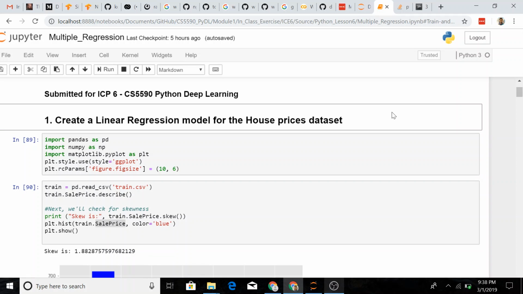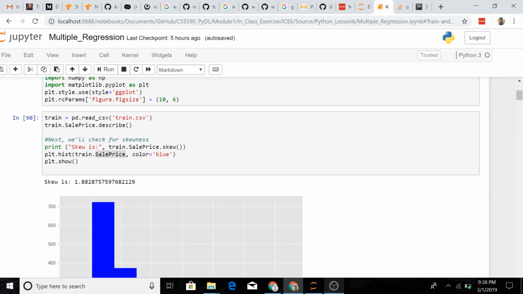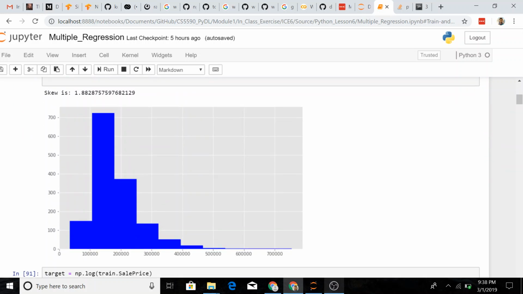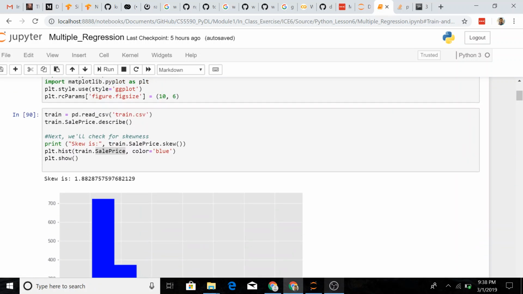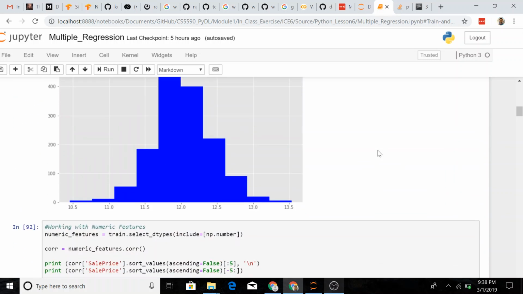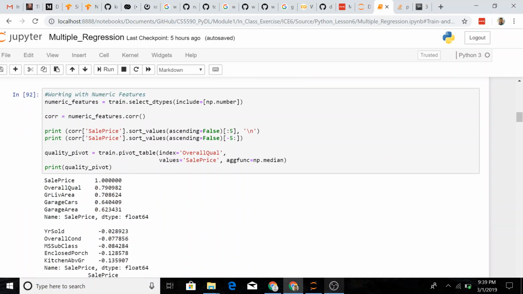The task is to create a simple linear regression model and also a multiple regression model out of it. The source code for the first task was provided by the TAs and it is based on a simple linear regression model of housing prices. So the target value is the sales price of the houses and we take a logarithm of it, and for the x-axis we consider only the numeric features,